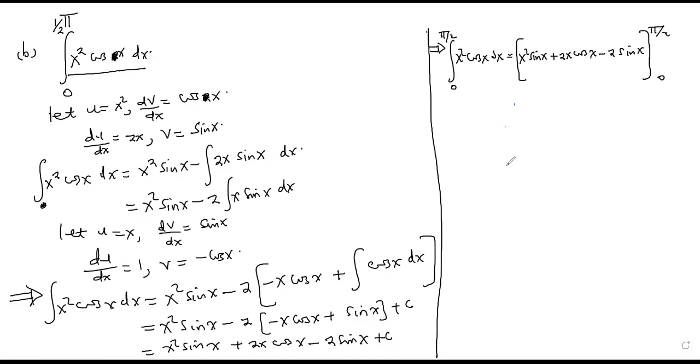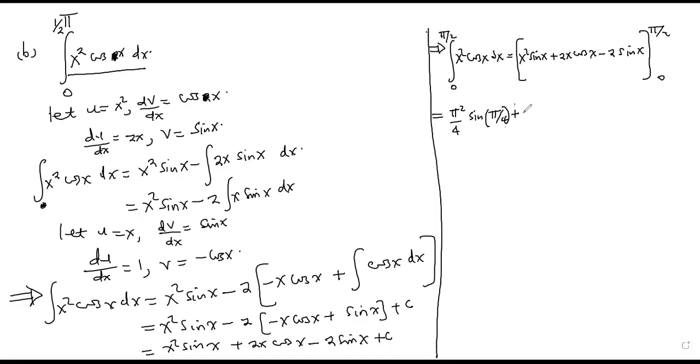So we shall first plug in when x is pi over 2. Then after we plug in when x is 0. So it's going to be equal to, for x squared here, it's going to be pi squared over 4 because it is x squared. So we shall square this, it will be pi squared over 4 sine pi over 4,